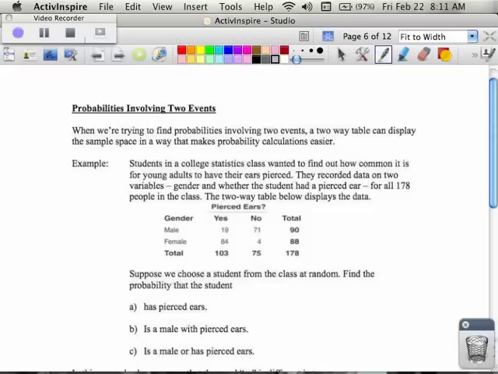In this next slide, we're going to talk about the probability involving 2 events. So sometimes